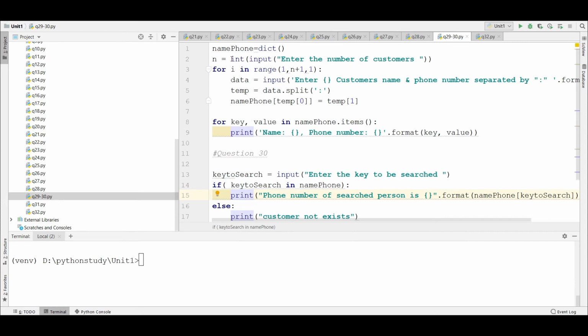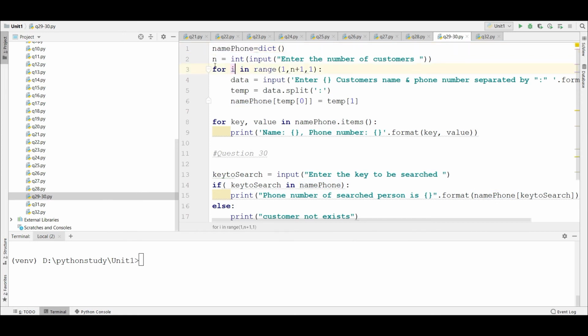As you can see, I have taken the name phone dictionary. If you have missed my lecture on dictionaries, please watch my earlier lectures. Dictionaries are basically a data structure which stores data in key-value form, that is, it stores a value against a key. So simply, if you want to access any particular value, you can just take that key and search it in the dictionary and it will give you the value right away. You don't have to loop over anything, you just have to input the key.